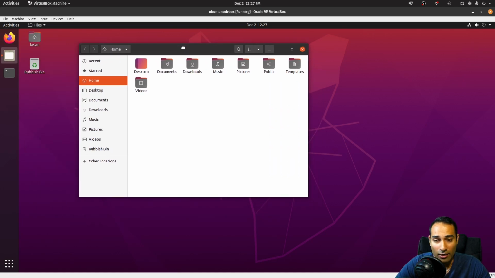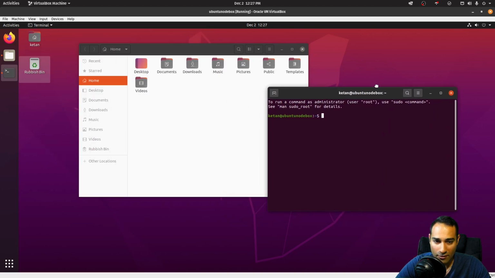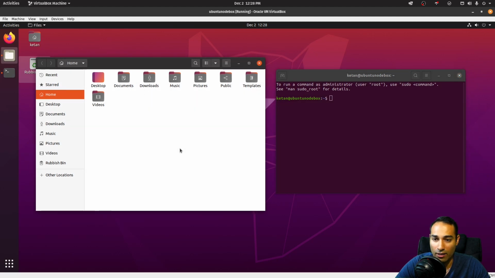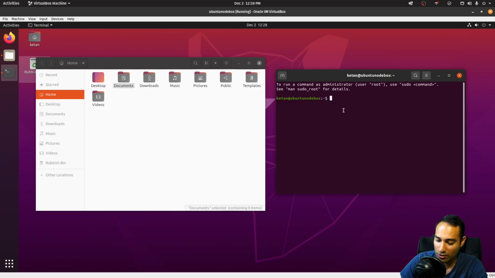Now here are some files. This is your graphical user interface, which will then marry into your command line interface. So we'll have these side by side. Now, this is your home directory, and this will be where you, I guess, do most of your work, and download things, and it's got the downloads folder, documents, videos, pictures, so on and so forth. Now you can see that in the command line as well. So if you list that out, ls, that will then marry up with all the folders that you see here